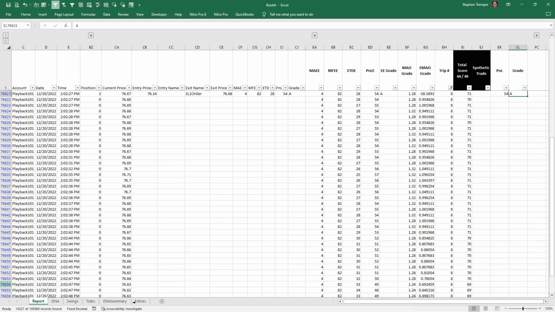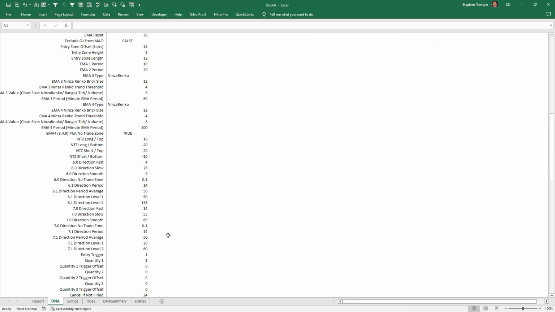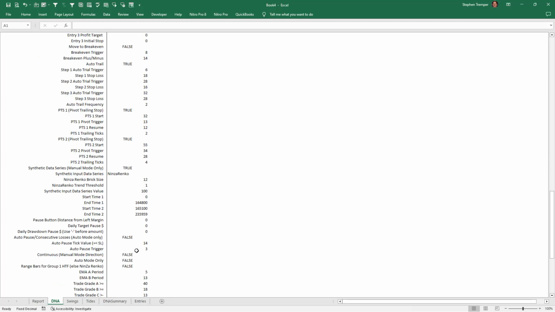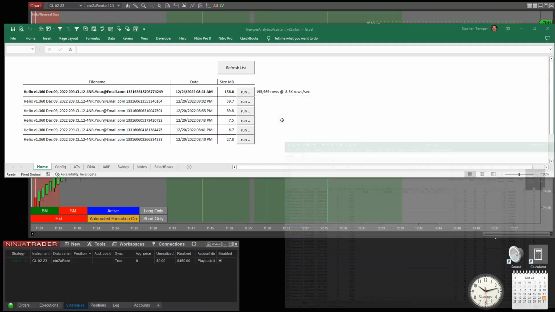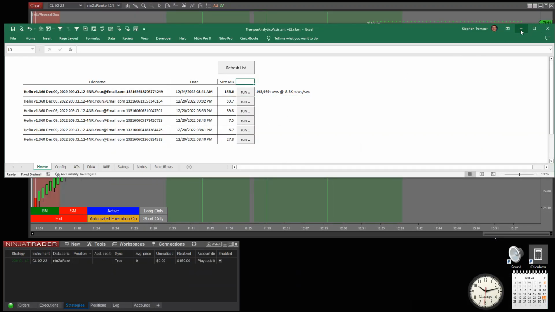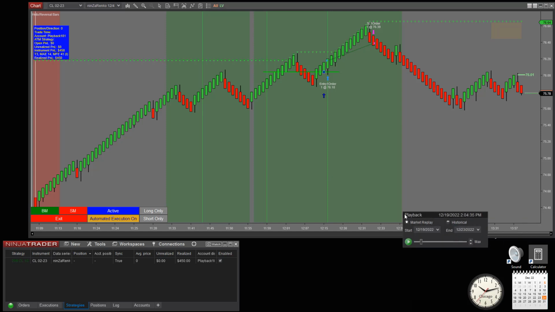If you want to know what the grade is, you can go over to your DNA here, and this is my scale down at the bottom. We could change this too, depending on the setup. But anyway, these are all my numbers for my grade. This is all going to be online eventually, and all you have to do is click, and you'll be able to get stuff, and we'll be able to really pull in some data from there. So in the meantime,